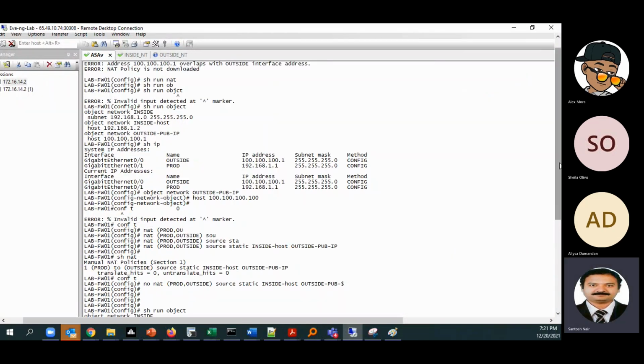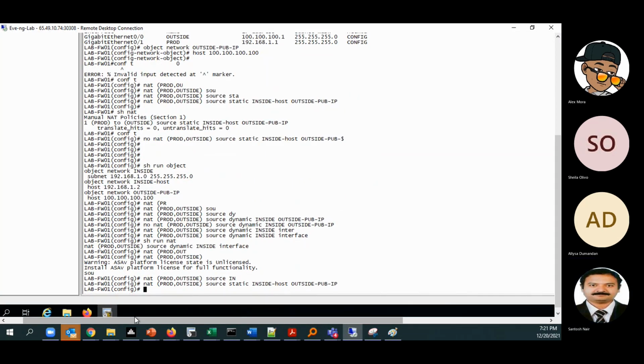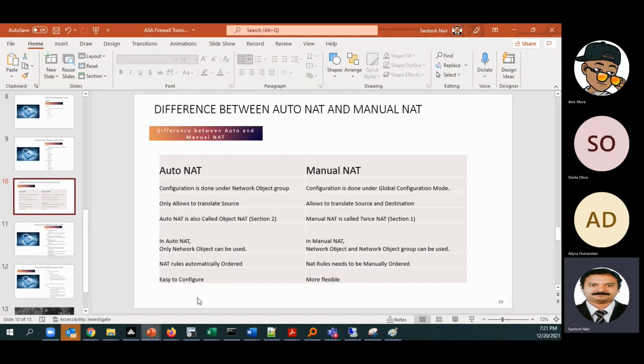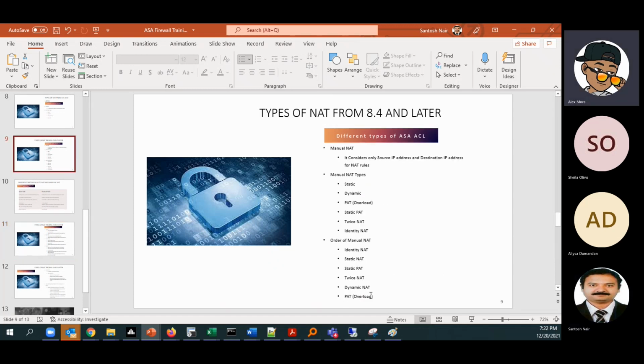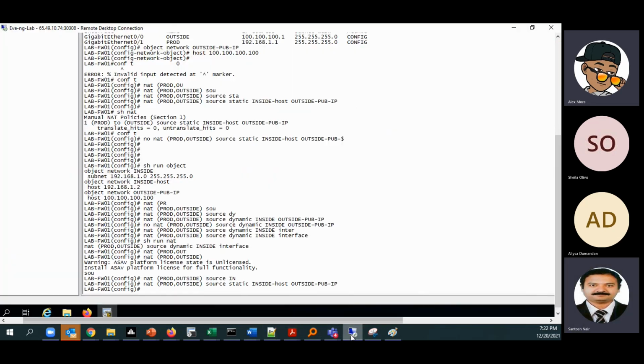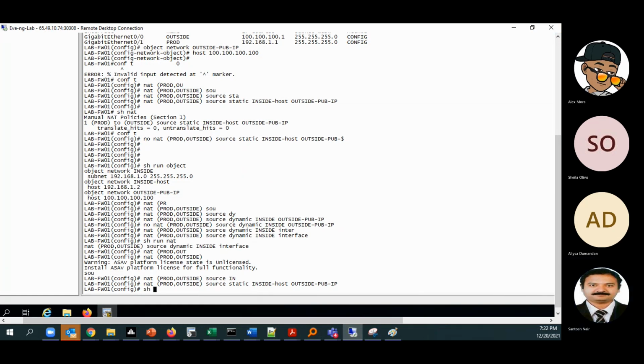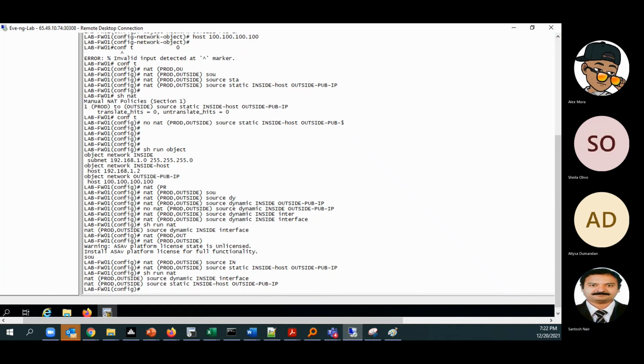You remember the order of NAT? What is the order of NAT? If we are configuring a static NAT, it has to come on top actually. See the NAT here. See, static NAT is below the PAT.